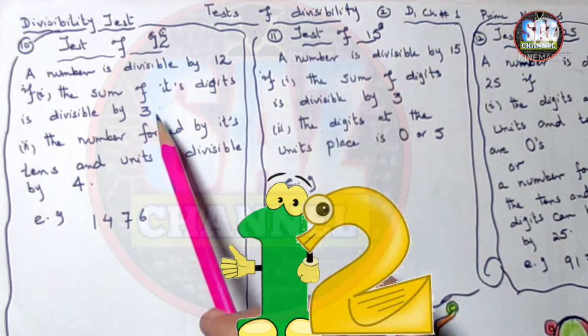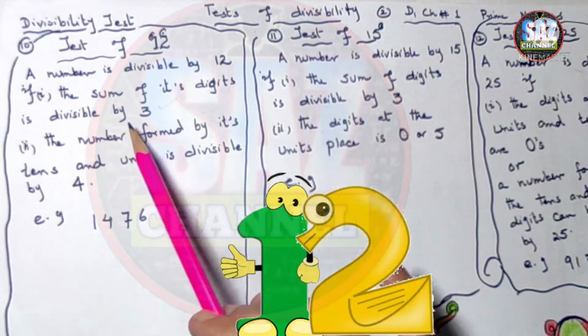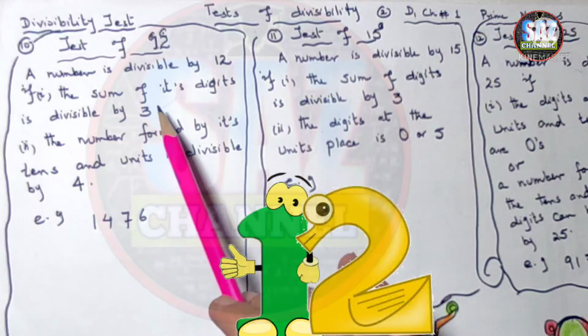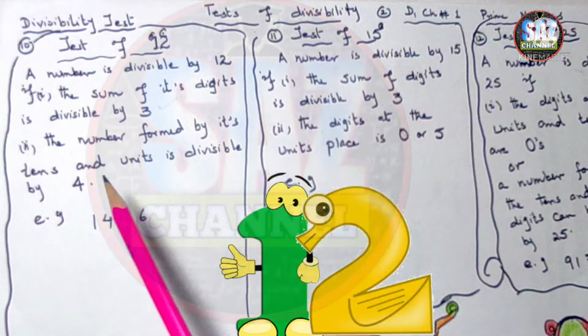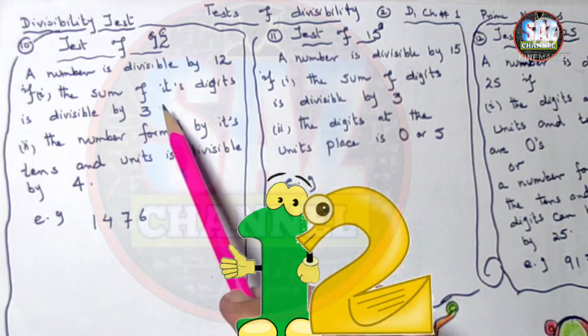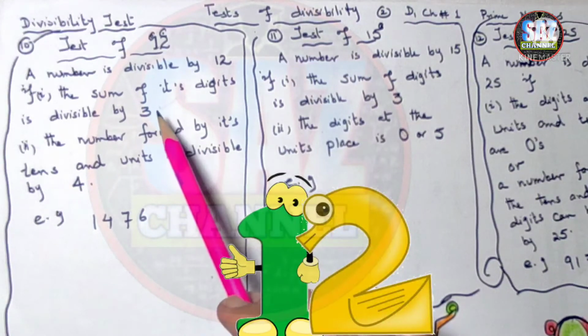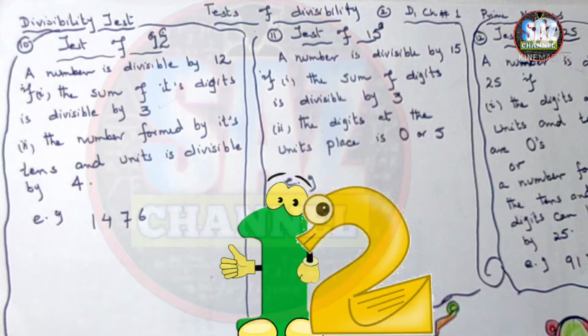So, for the test of divisibility of 12, we have to check the divisibility test of 3 and that the number formed by its tens and unit digit is divisible by 4. So it means that a number is divisible by 12 if it is divisible by 3 and 4 both. So let's take the idea from this number that we have the number